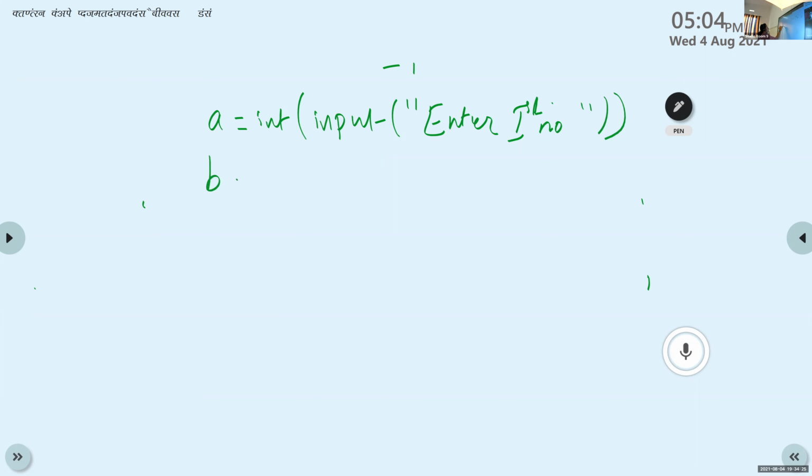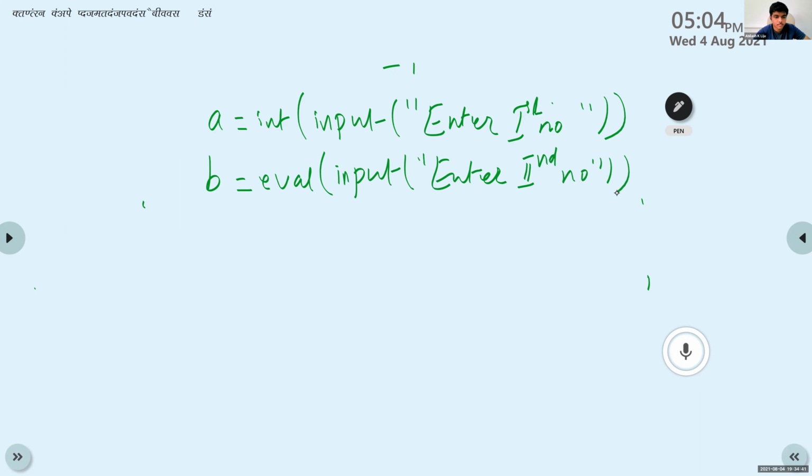Instead of using another function, B is equal to int input, and the second number. Okay. Then